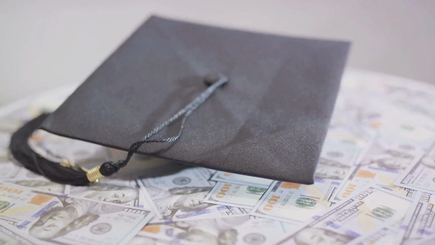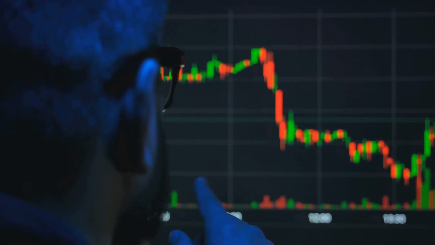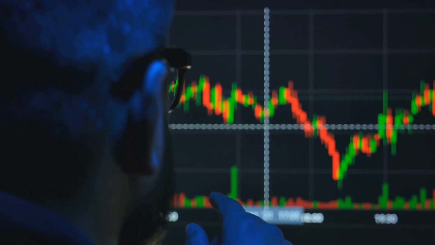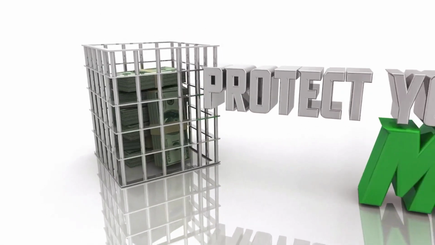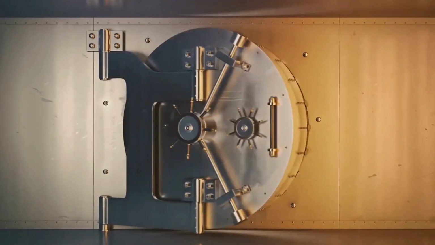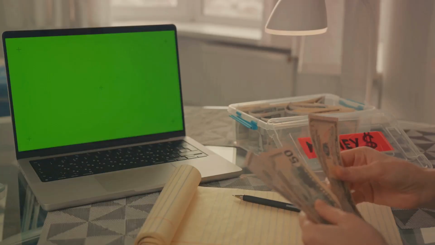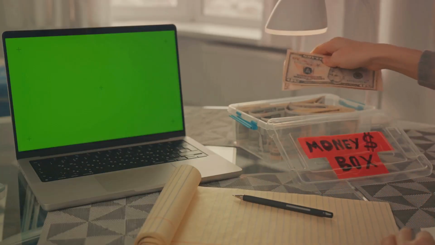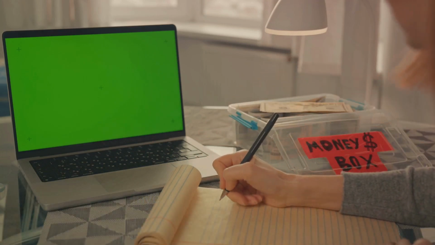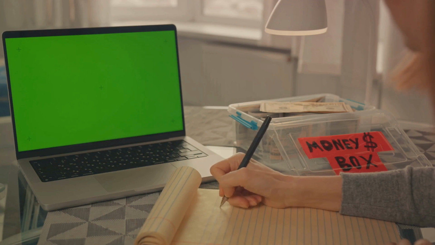Keeping an eye on interest rates is another important strategy. When interest rates are high, it's more expensive to borrow money, but you'll also earn more on your savings. Conversely, during times of low interest rates, saving money becomes less attractive, and borrowing costs are low. Now, I'm not saying you need to become a Wall Street whiz or a real estate mogul to protect yourself from inflation, but having a basic understanding of these strategies can go a long way. And remember, the best investment you can make is in your own financial education. By making smart investment choices, you can protect your wealth even in times of inflation.